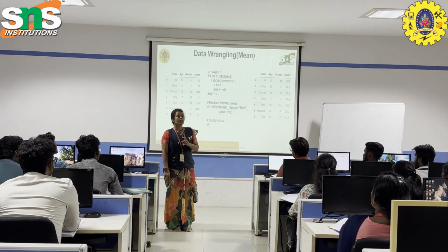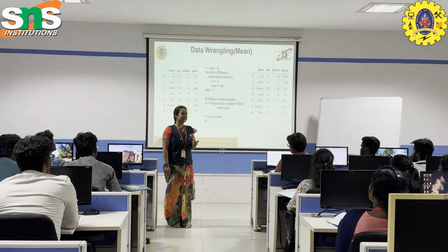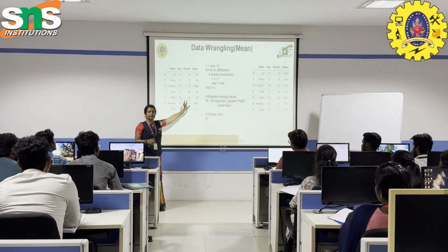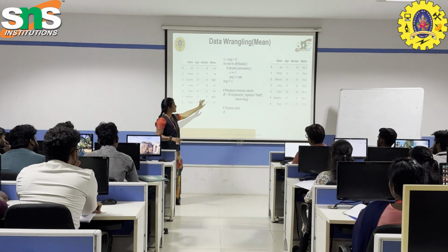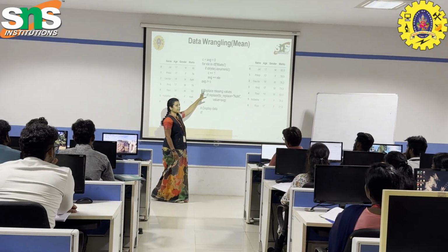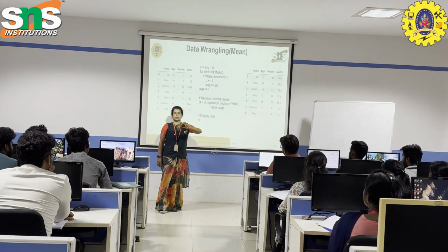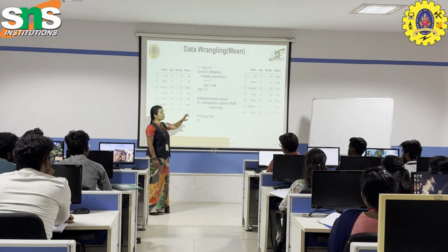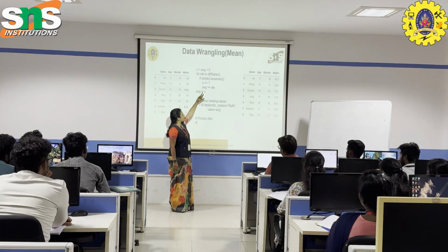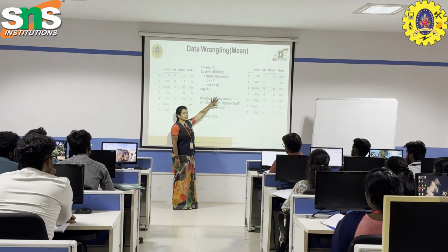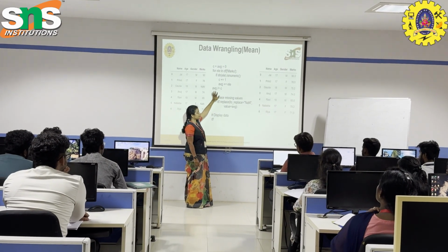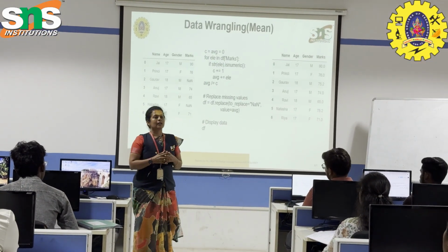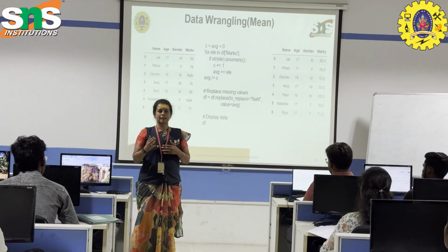So for ELE in DF of marks means it will fetch one by one value from the last column. What's the initial value assigned to ELE? What's the first value in marks? 90. So ELE is equal to 90. Then inside, we are checking whether the fetched value is numeric or not, using the built-in function isnumeric. If the condition is true, what are we doing? We are increasing the count variable and summing each element in the list.